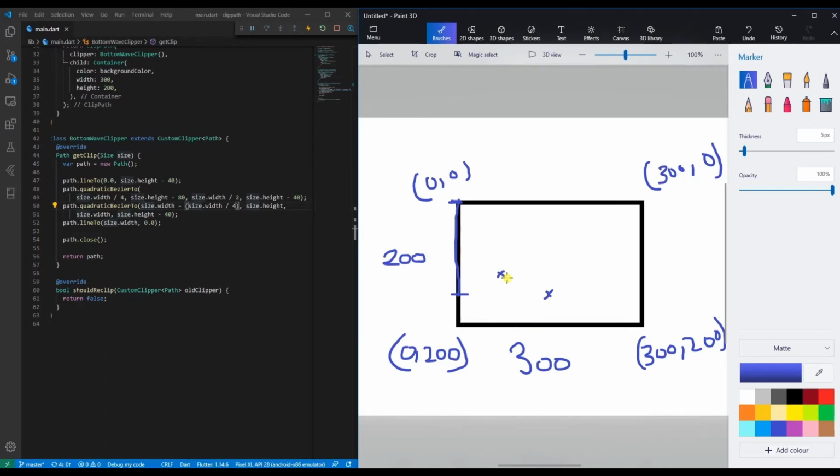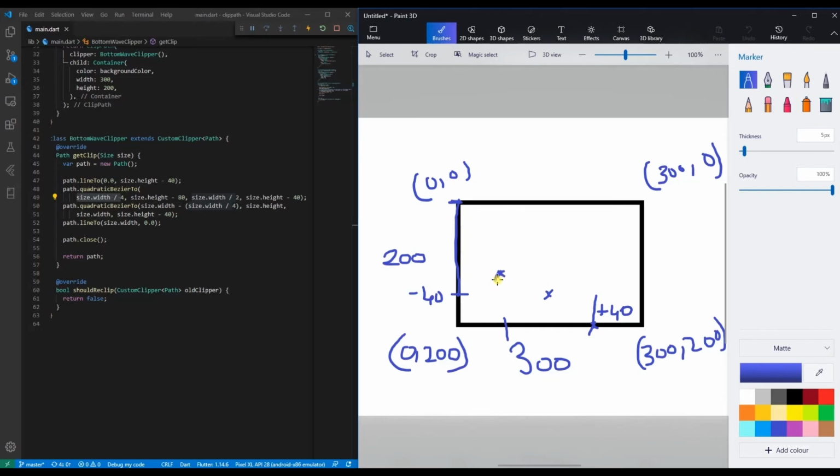So how do we determine this x1 comma y1? It will be the 1/4 part of this width. So the x1 will be the 1/4 part of this width, width by 4, and then this is actually already -40. We have gone -40 here. Here we will be going +40. In order to reach this point, we have to go to +40.